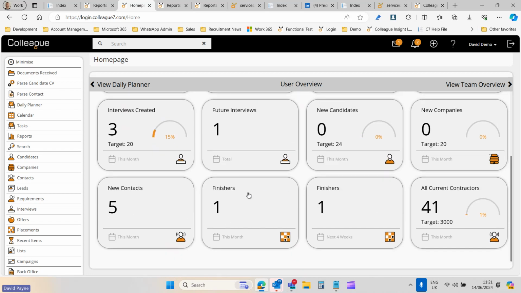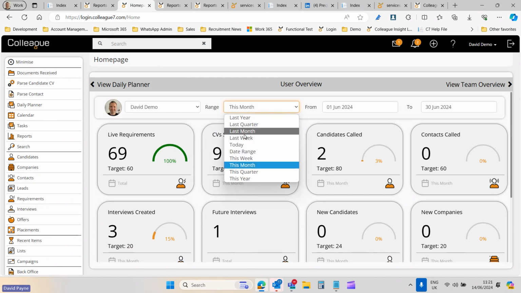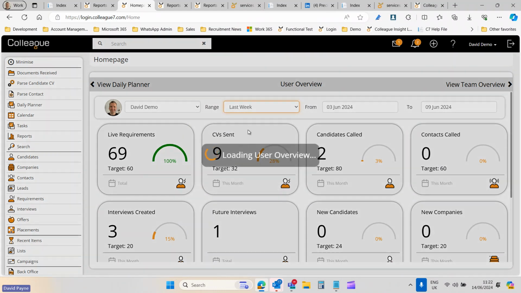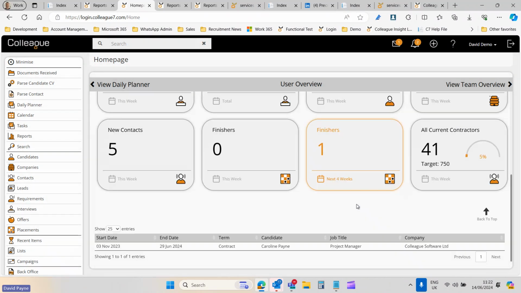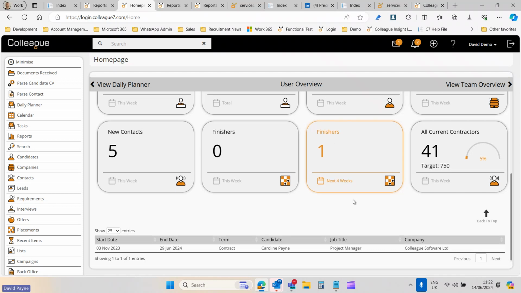But when it comes to finishers, realistically, if you set it to this week or last week, the finishers panel would give you the finishers of this week, and that's not necessarily as helpful as a panel which is literally hard coded to give you finishers over the next 4 weeks. That was ultimately requested from us, to be able to reintroduce that function. So there is a finishers panel now which is literally hard coded to be just for the next 4 weeks,